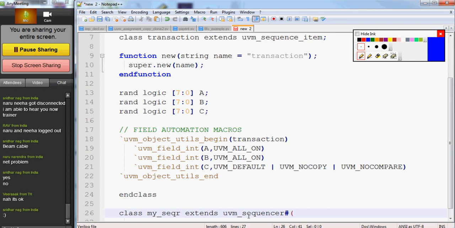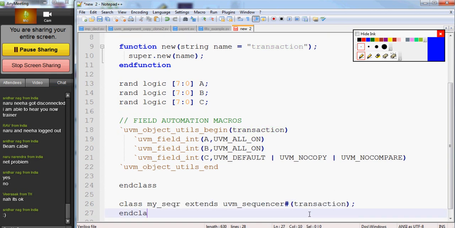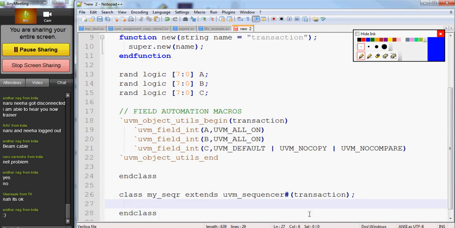All you have to do is hire one traffic police for your verification environment, and you have to say whom he has to manage, whether he has to manage cars, motorcycles, or the people. In this case, he has to manage transactions of type this class. So give him that type parameter, and then since it's a component in the verification environment, we'll register to the factory saying UVM component underscore utils, then give my underscore